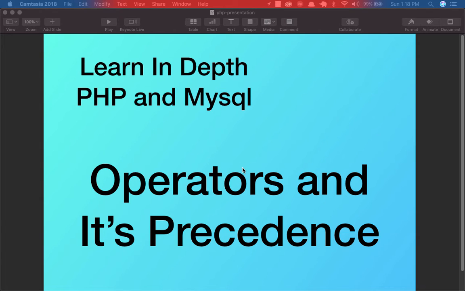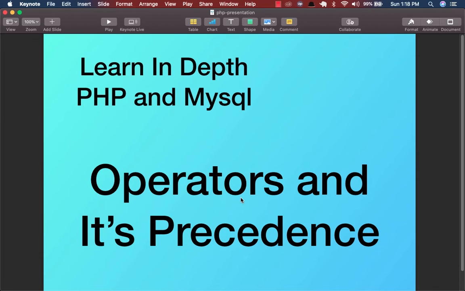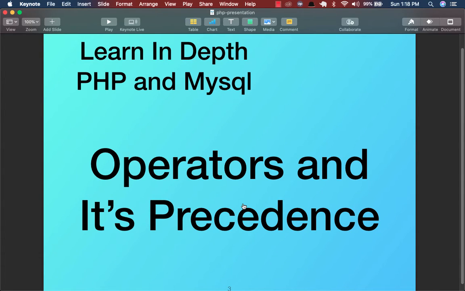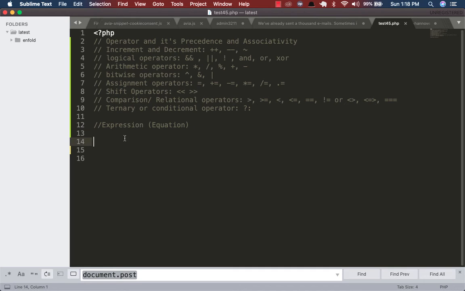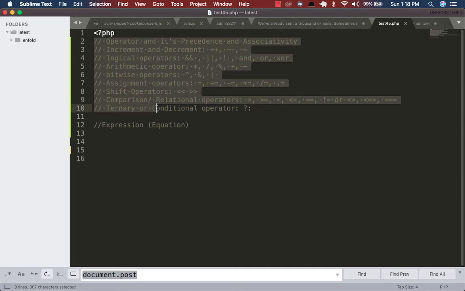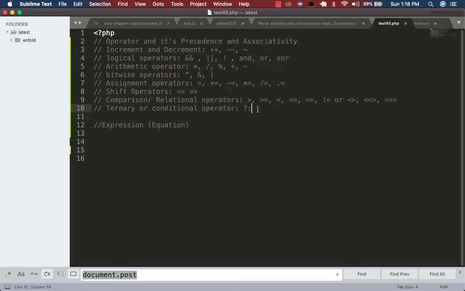Hello friends, today we are going to discuss a very important topic in PHP called operators and their precedence. So let's start with some code. Okay, so here is the list of operators that we will